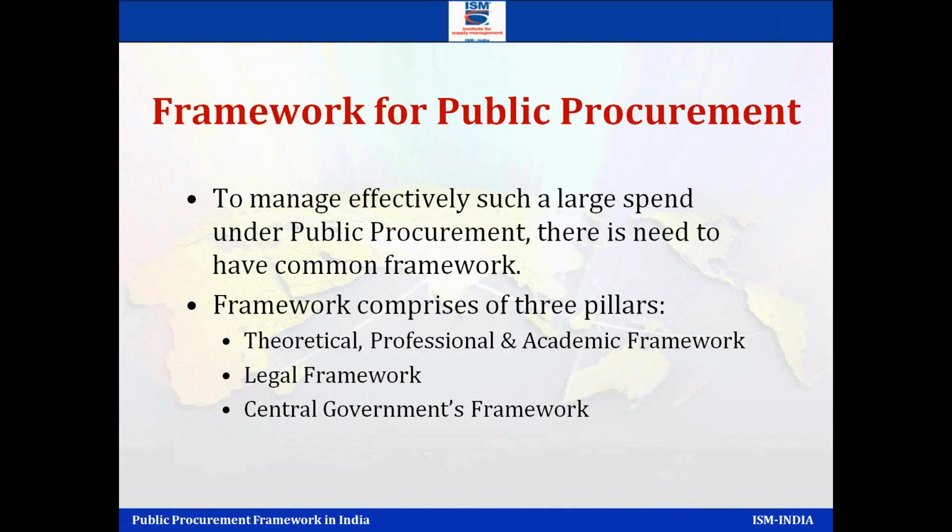Framework for public procurements. When we talk about the framework, it has three pillars. First is obviously the academic, the professional framework, where we talk about how the benefit should go to SMEs. We should not hire children, we should not be differentiating, and all those things. We should be given a fair chance, a level field. Then we need a legal framework. Obviously, contract means there's a risk. Risk means there have to be legal issues around how to handle the legal part.